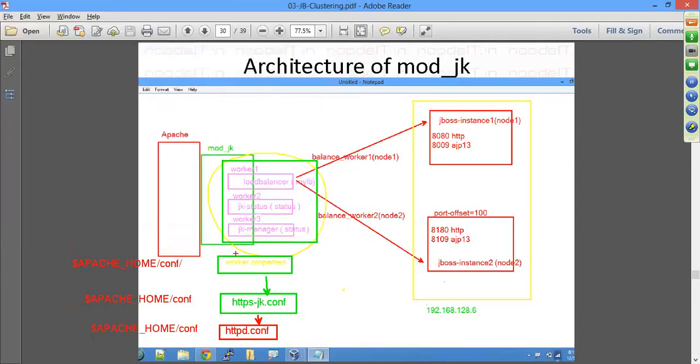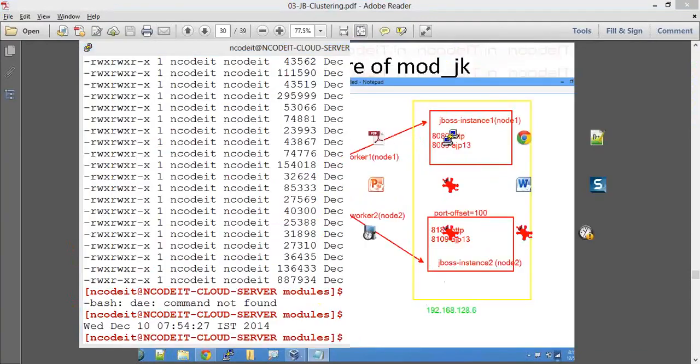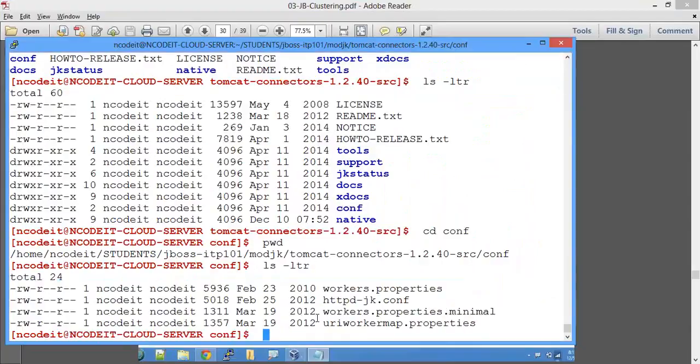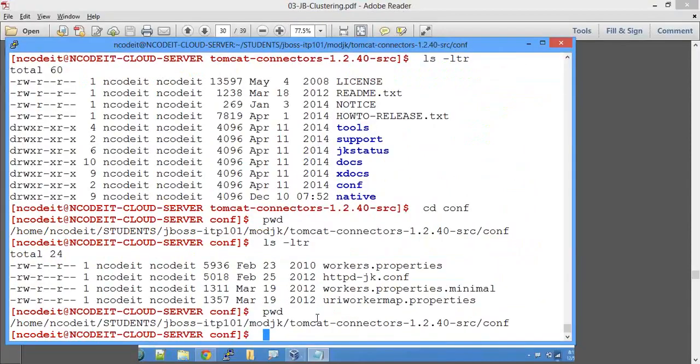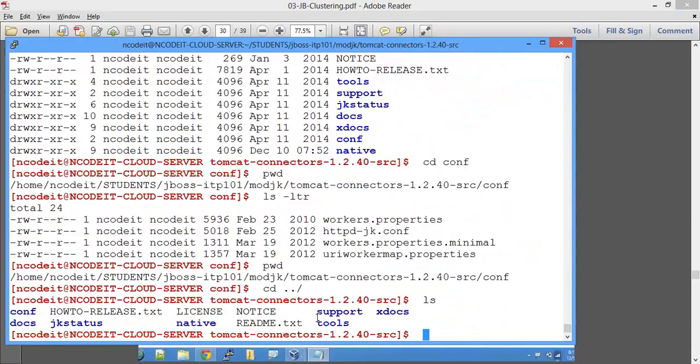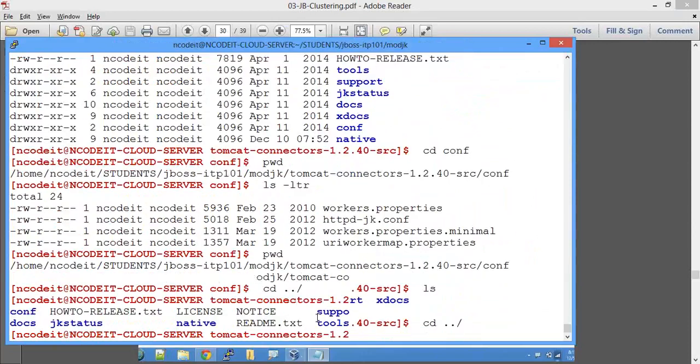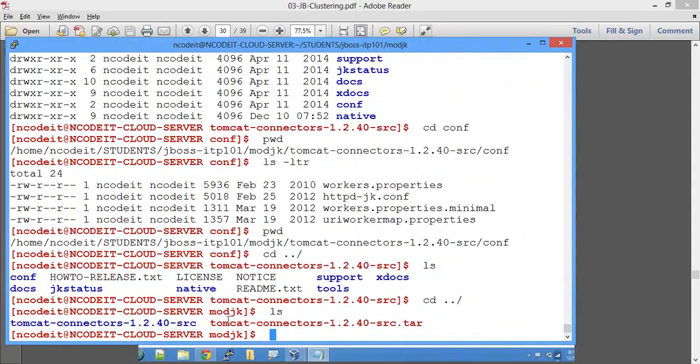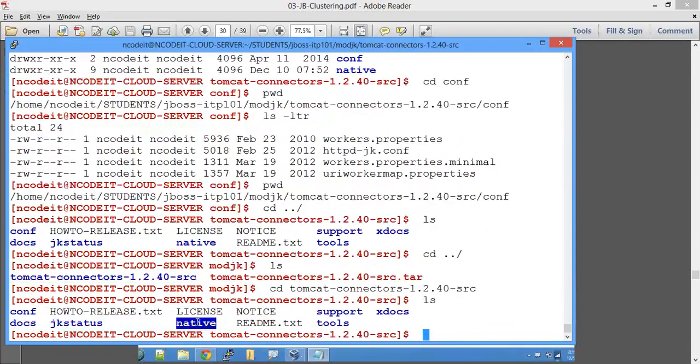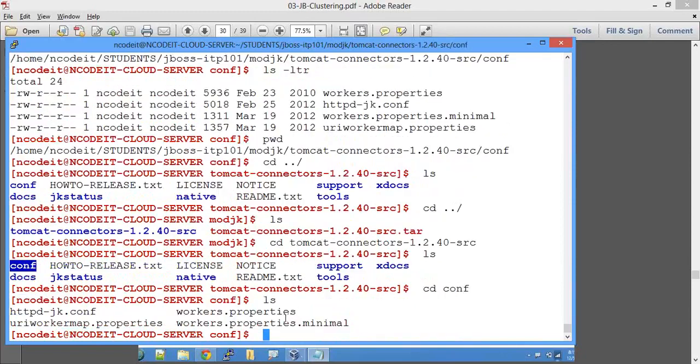So I'm going to copy these two files. The sample files exist with the source code itself. So I'm going to take them from the source code. See here, first time, you remember when you extracted the source code, this is what we got when we extracted the mod_jk source code. This is the directory we got. Inside this, we went into native and then we went ahead and built the mod_jk. Now, instead of getting into native, go into the conf directory. You will find the two important files: httpd-jk.conf